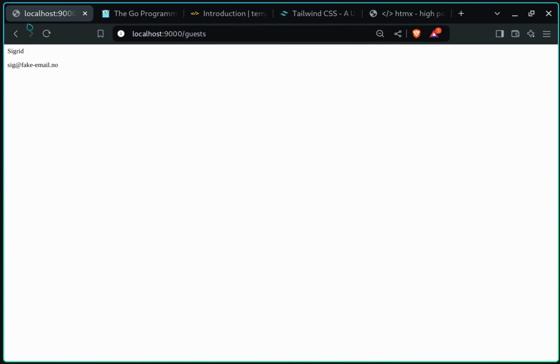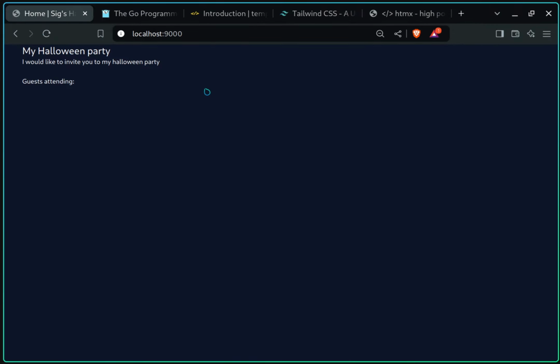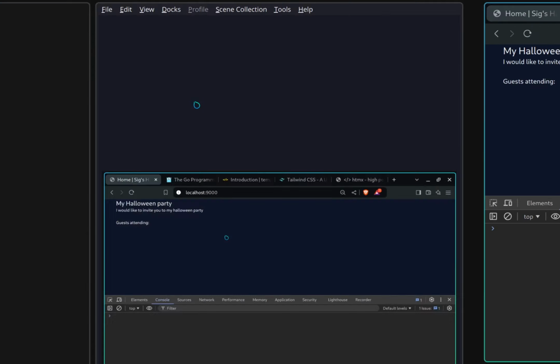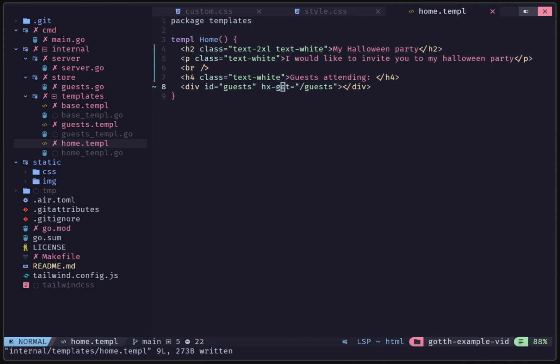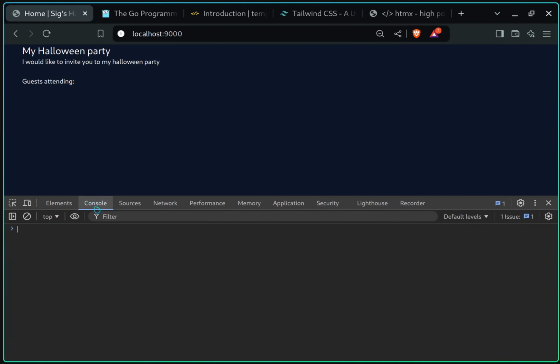So here we are. This is our endpoint, all good. Let's try to go to our homepage, guests attending, and it's blank. Why is it blank? Let's have a look. No errors in the console. That's usually a good place to start. Any errors in our code? Don't see any errors. So why is it blank? Well, there are a couple of reasons why this could be the case. So let's have a look. We are pulling HTMX, but